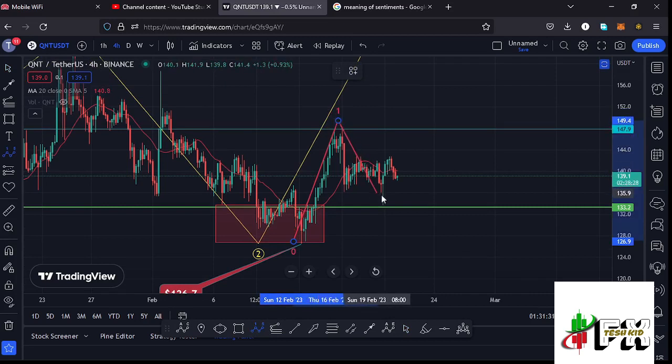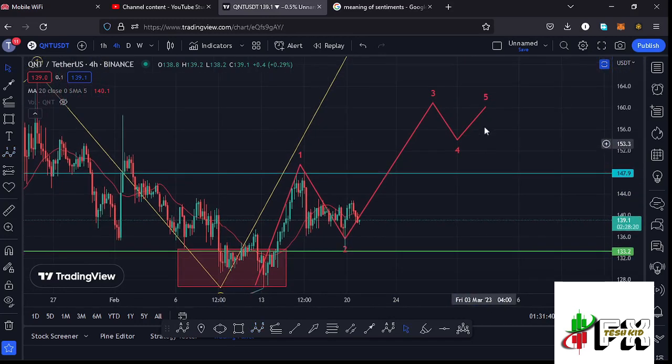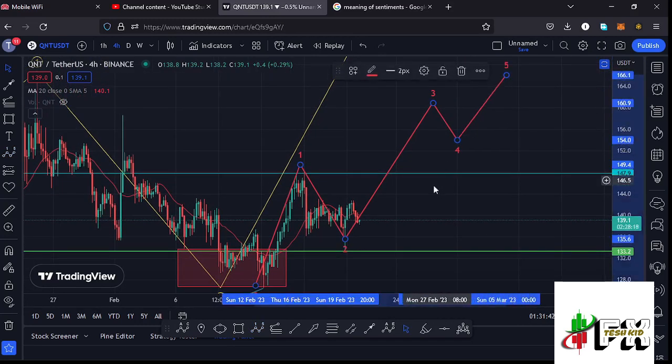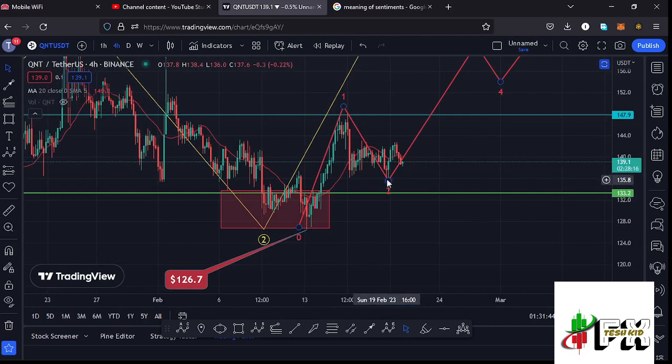then we have seen this pullback over here in the formation of that wave 2, and I'm now expecting a bit of a bounce to the upside in the formation of that wave 3 before we can expect a wave 4, and then push even higher in the formation of that wave 5,